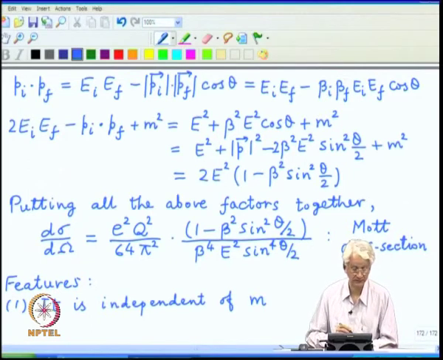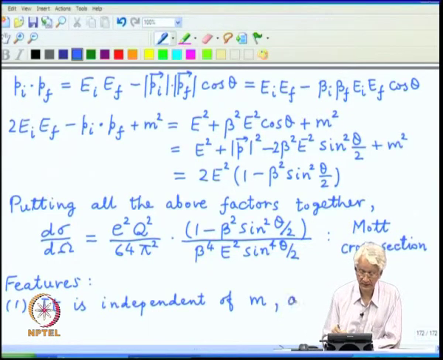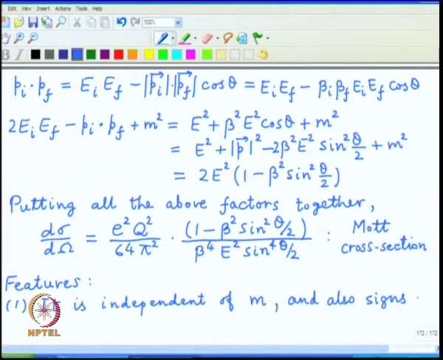It just did not matter whether we use an electron or some other particle. For example, Rutherford used alpha particles. It is all the same. The only thing which matters is the charge, in this particular order, and also the signs of either the projectile or the target. The sign is irrelevant.